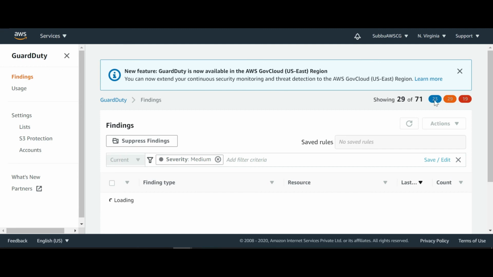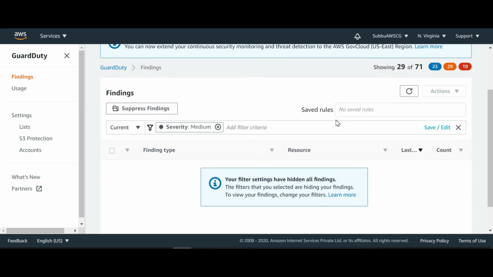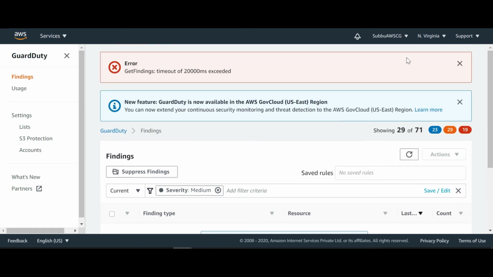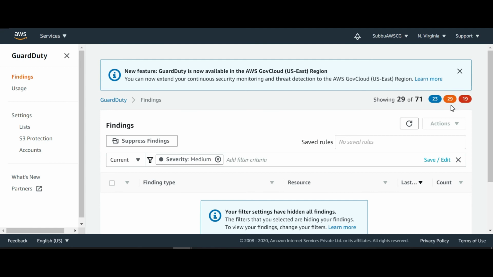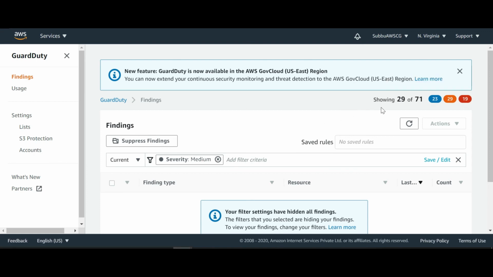Today I can see AWS is working very slow. I do not know the reason. Okay, due to the timeout, it is not able to load, so that should not be a problem. However, as I explained previously how to check the high severity findings, similarly you can check the medium and low priority findings and take the action accordingly.